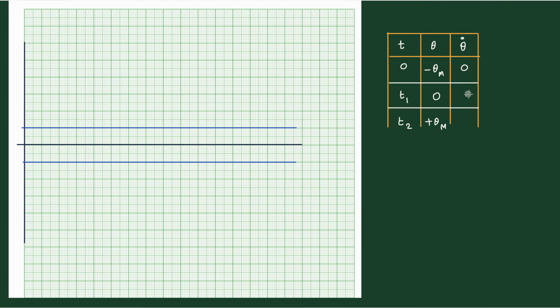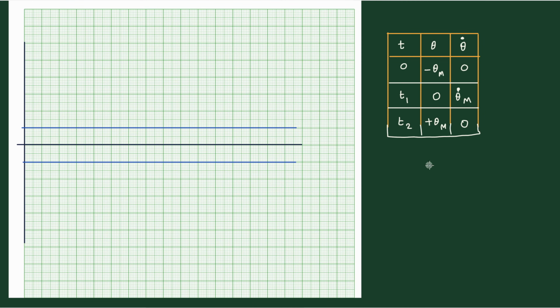And now what will happen to the speed? You can imagine what is happening because you already know how the oscillation takes place. When the bob is in the equilibrium position, it will be moving with its maximum speed. You should remember that it will pass through the equilibrium point with maximum speed. So we will say theta dot maximum. Theta dot maximum is different from theta maximum; they are quite different. Theta dot is angular velocity. Some maximum speed it will have, and at that speed it will cross. Similarly, when the bob is at the maximum position, theta m, then the speed will be 0.